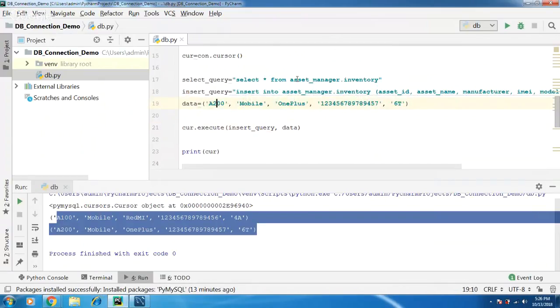So I just want to change this to A300. Sorry, A300. Again, let's say a tab, an iPad, and this is the IMEI number, and let's say it's the Pro version, mini version. Now, when I'm going to run this,